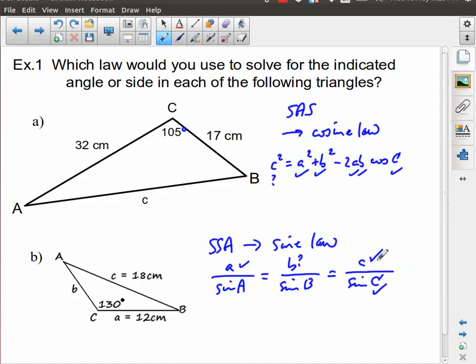So this is going to be one of those ones where I can't actually go directly to solving for the side B. What I'm going to have to do first is solve for the angle A. So I'm going to use this pair, this ratio, along with the side A to find the angle A. And then once I find the angle A, I can find the angle B using the angle sum theorem. And then from the angle B, now I can use this ratio,